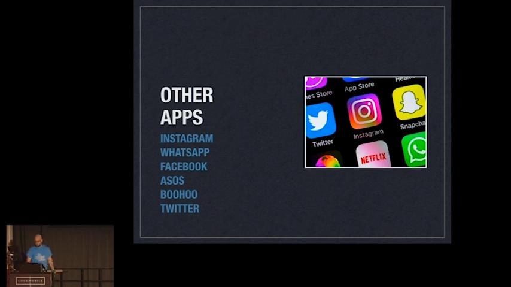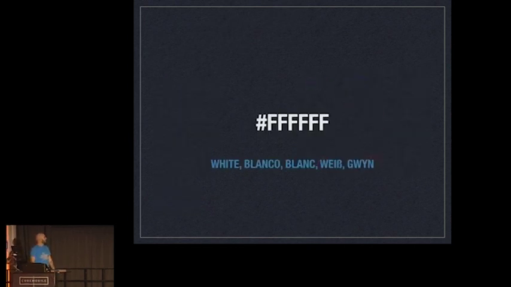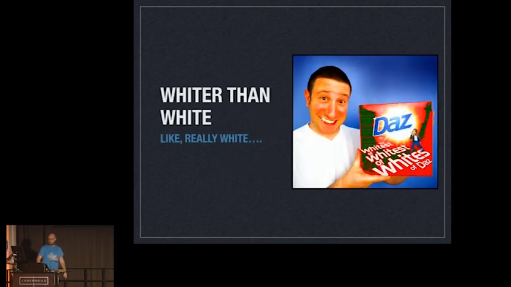The majority of them, the predominant colour is white. And when I say white, I'm not just talking about any white, I'm talking about the whitest white. And it's natural, we put things on a white background, and there's nothing wrong with that, don't get me wrong. It's just what we do. Obviously, Twitter is one of the apps that does have a dark mode.